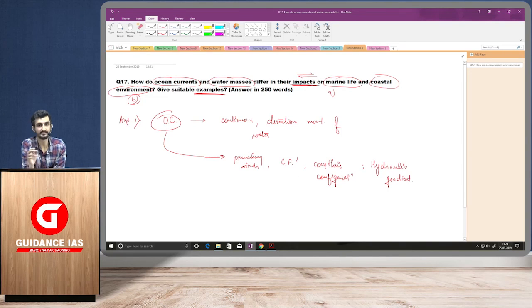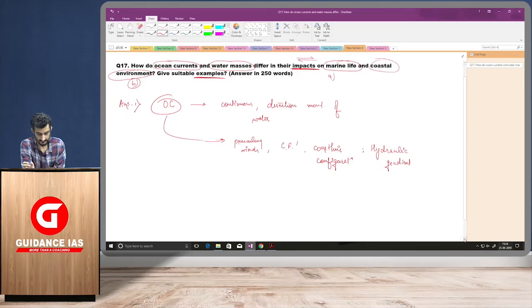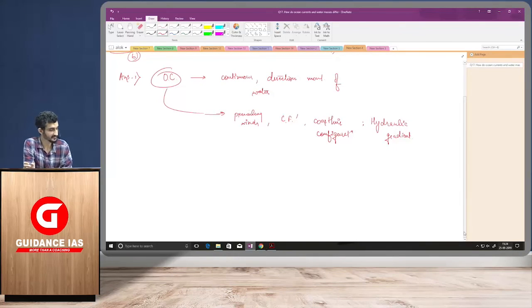You just need to write this in 2 lines in a very logical manner. So this is ocean currents, and now talk about its impact here only in the first part of our question, which we are dealing with ocean currents. So impact on marine life. First we are discussing with respect to marine life. So it specifically can be seen in the form of upwelling